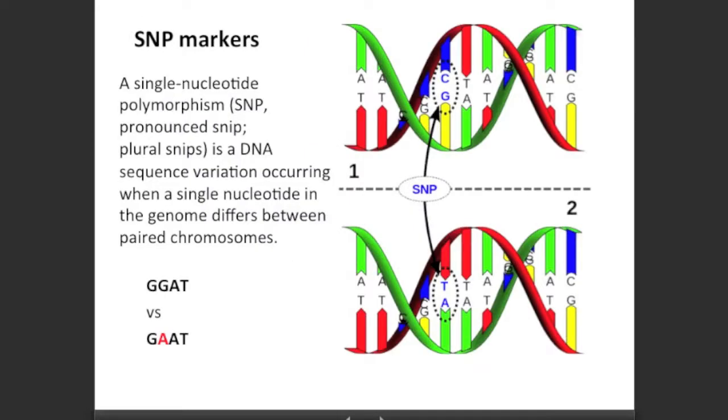Single nucleotide polymorphisms, the substitution of a single base. For example, here we have a G and a C, and here it's changed to an A and a T. So the sequence here would be G, G, A, T, but down here it's changed to G, A, T. It's a very simple mutation, but it can have profound effects. It can kill people, it can stop babies from developing properly, so these SNPs can have profound effects on human